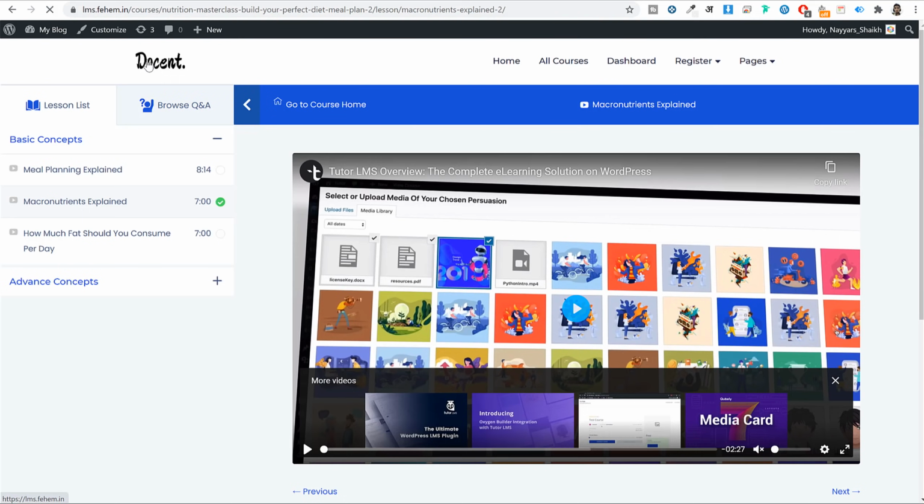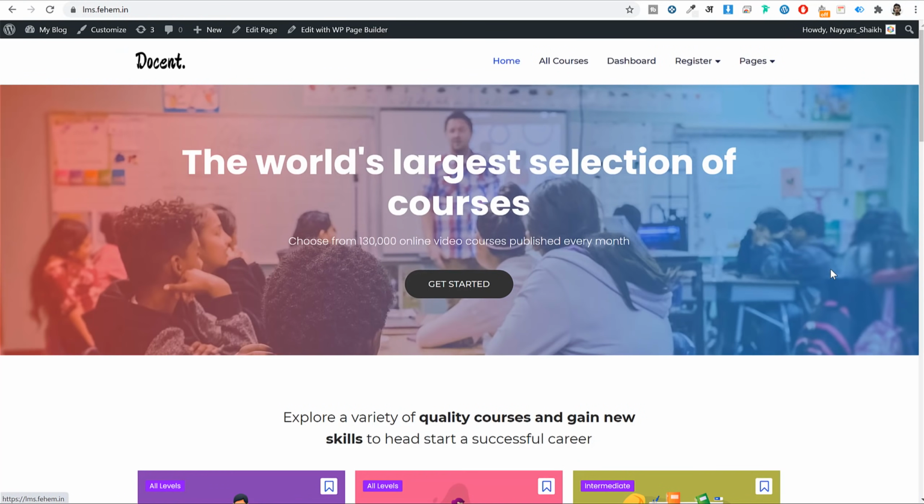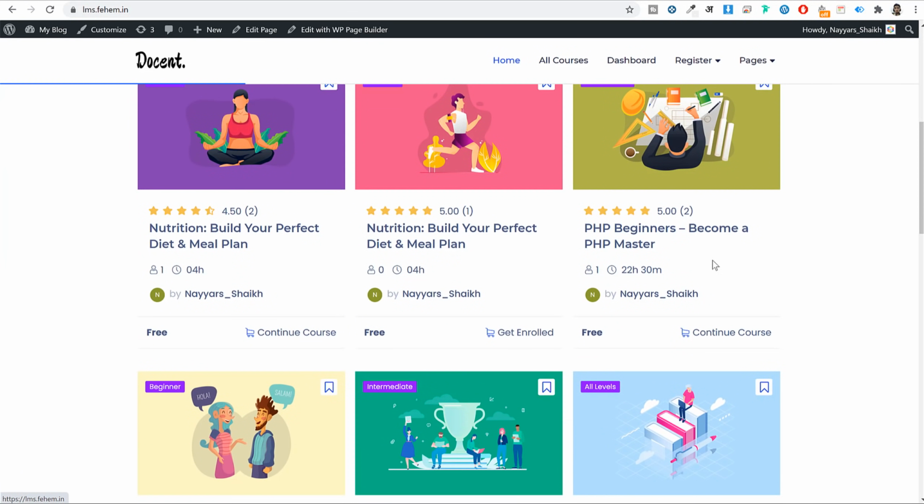You can again go back to your dashboard, or you can again go back to your home page. Now in this website, you'll also see how to integrate different types of payment options. Like we'll see how to integrate PayPal, how to integrate credit and debit card payments. Because whenever you're creating paid courses, now most of them are just free courses.